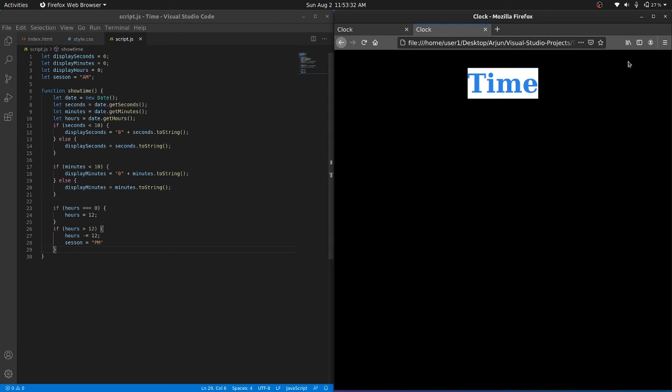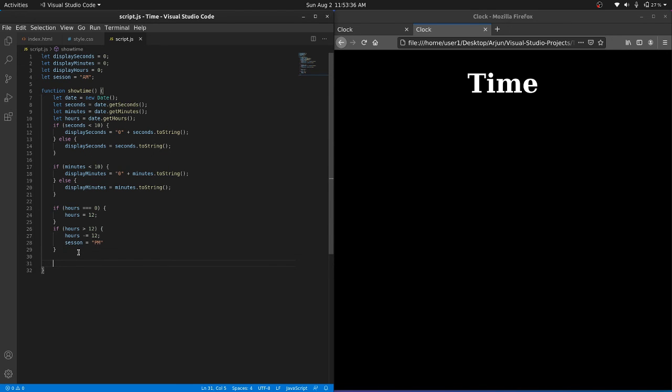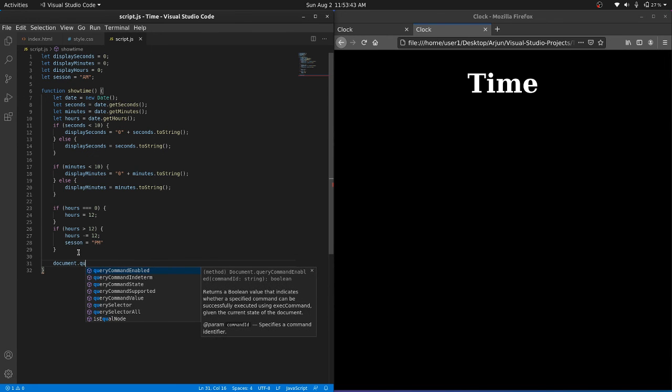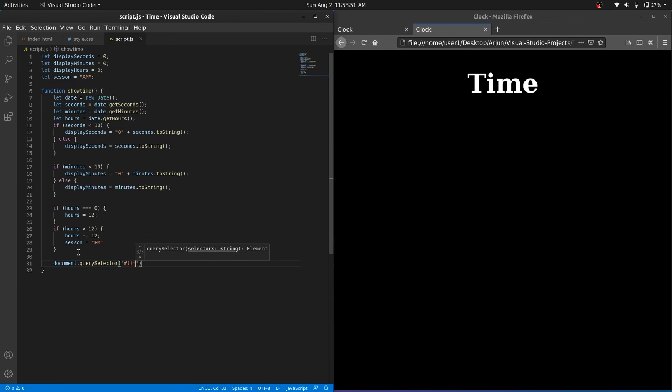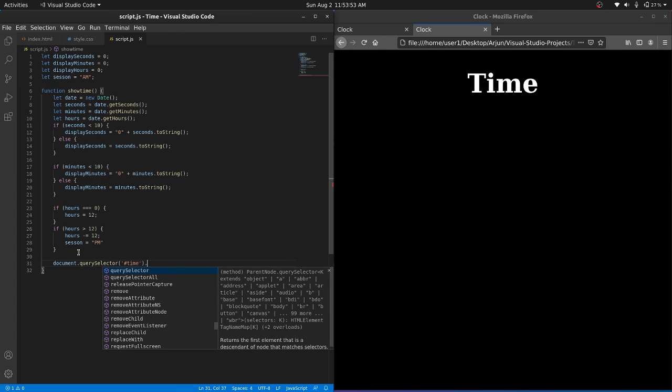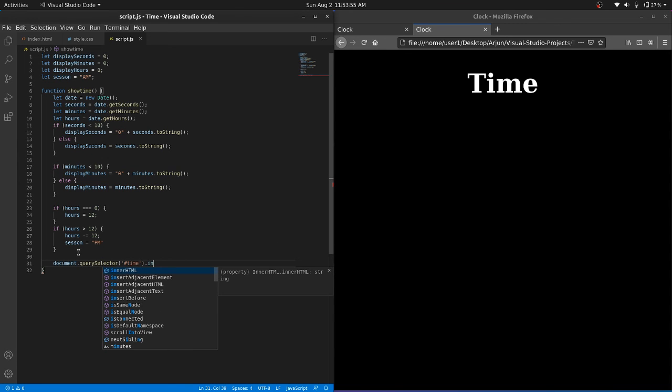So we have to make that time this, like the time. So let's just do document.querySelector, and then we're going to select time dot innerText